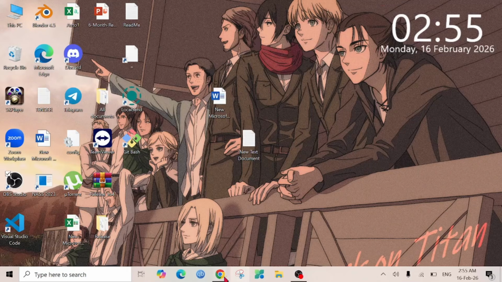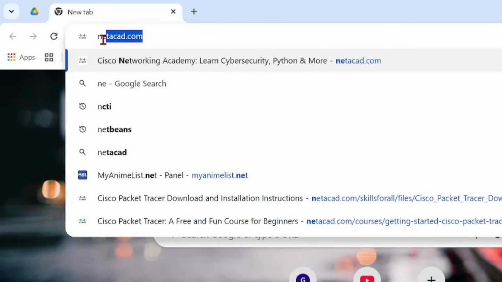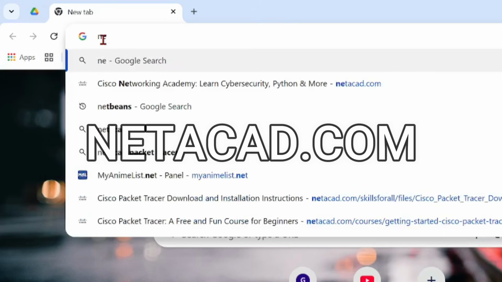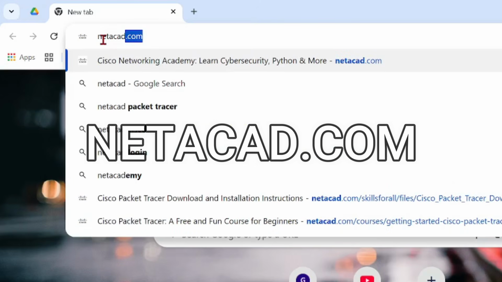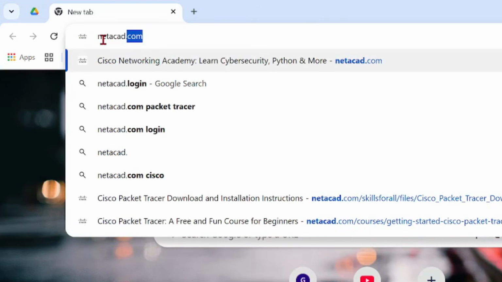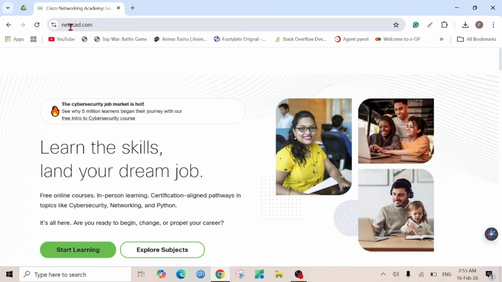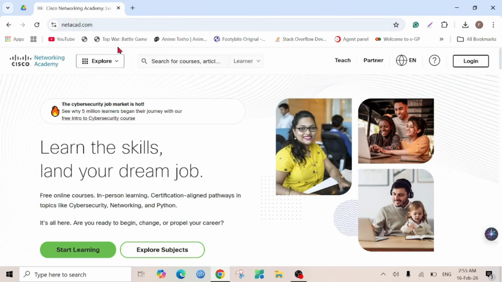First of all, open your browser and here type netacad.com and click enter to go to their official website. This is the official website for the Cisco Packet Tracer. This is the website, as you can see, and here all you have to do is